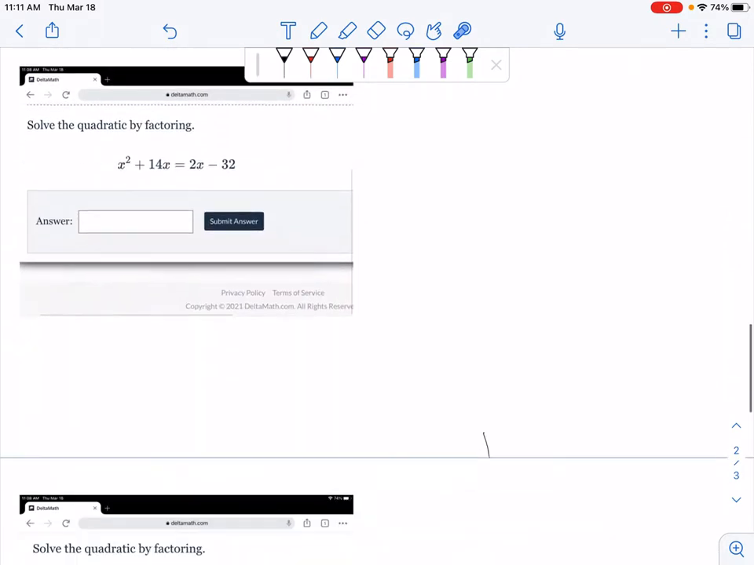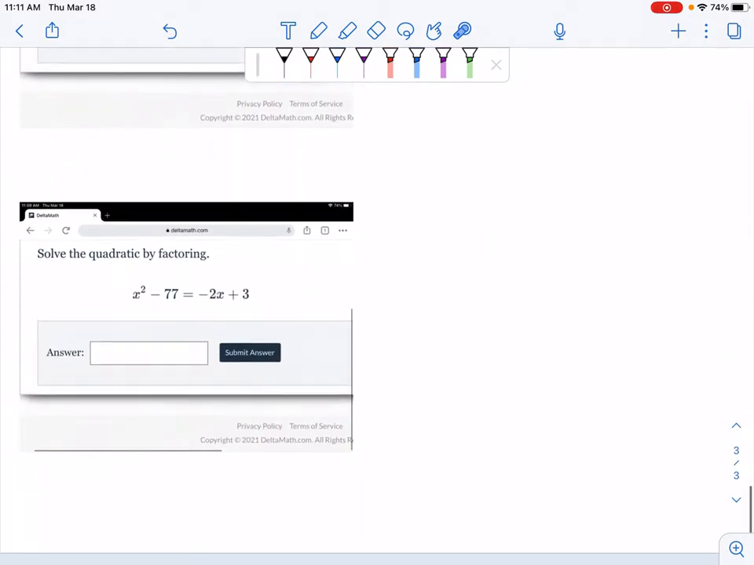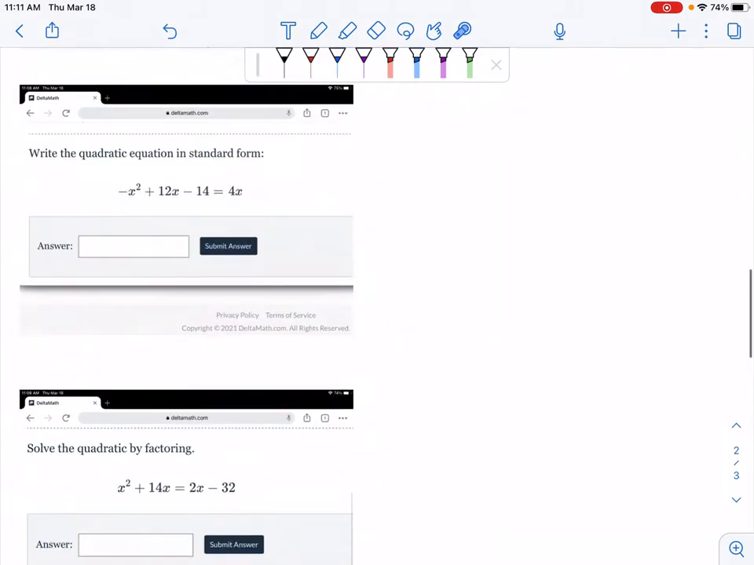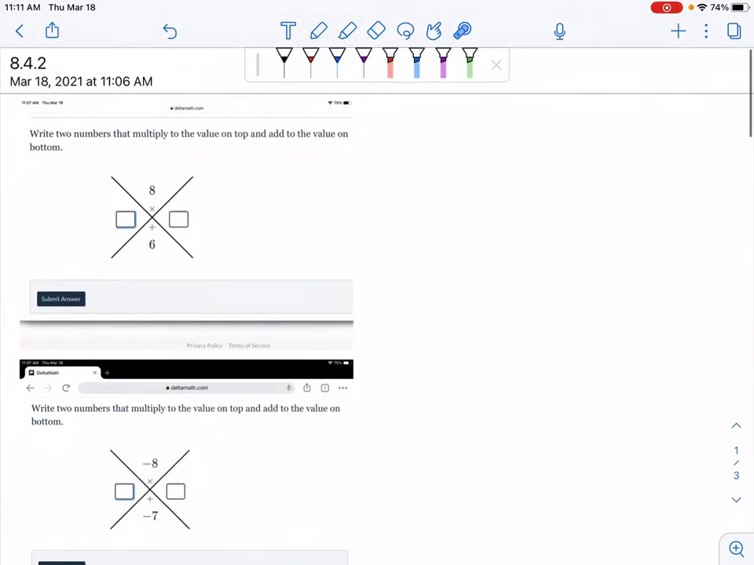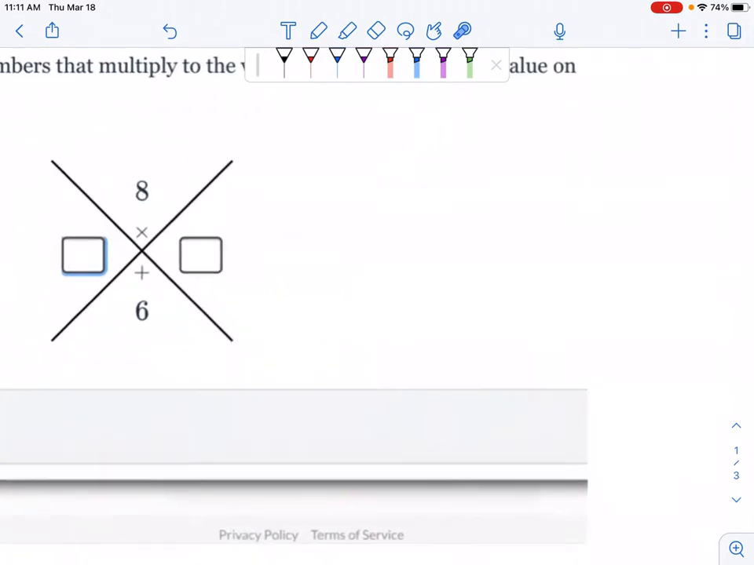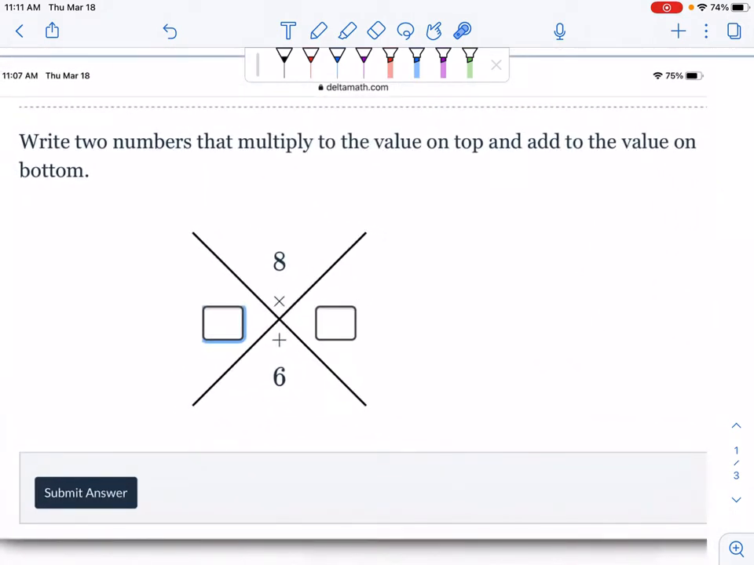And then four problems where we are solving the quadratic by factoring. So each one of these is just a piece. All of the pieces fit together to make the whole thing. So the first thing we're working with,